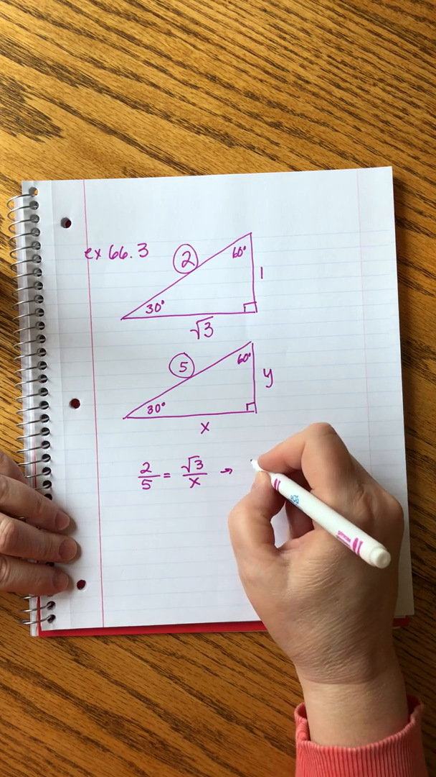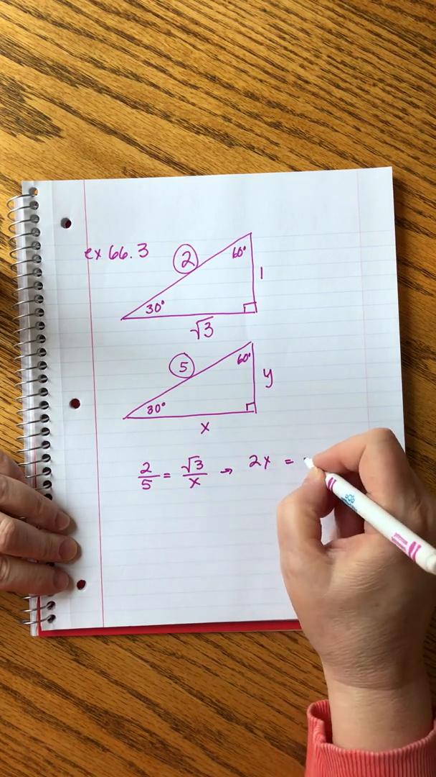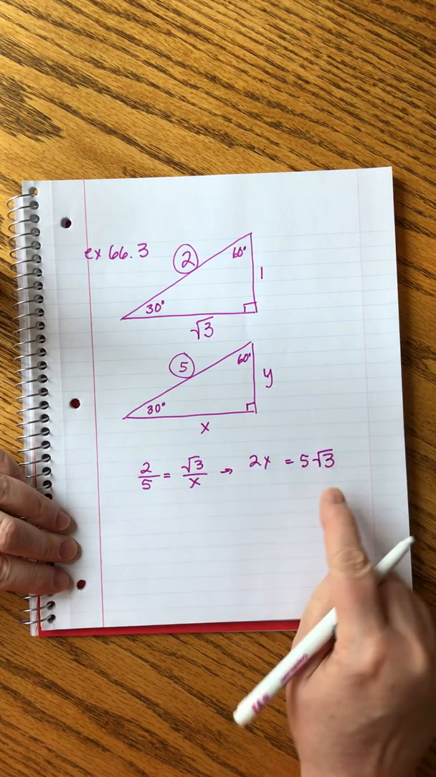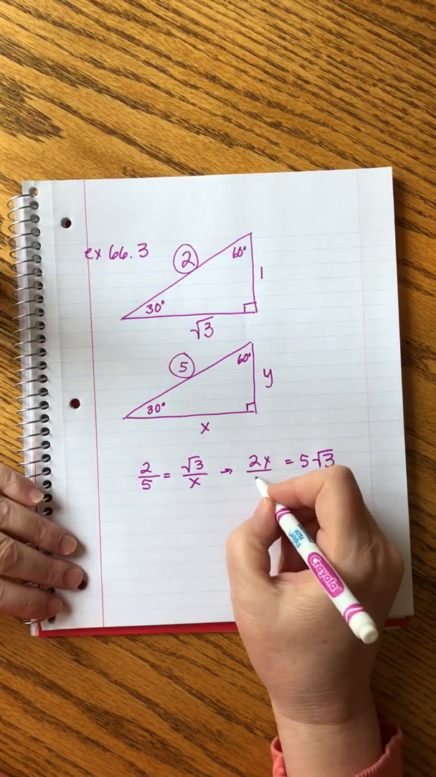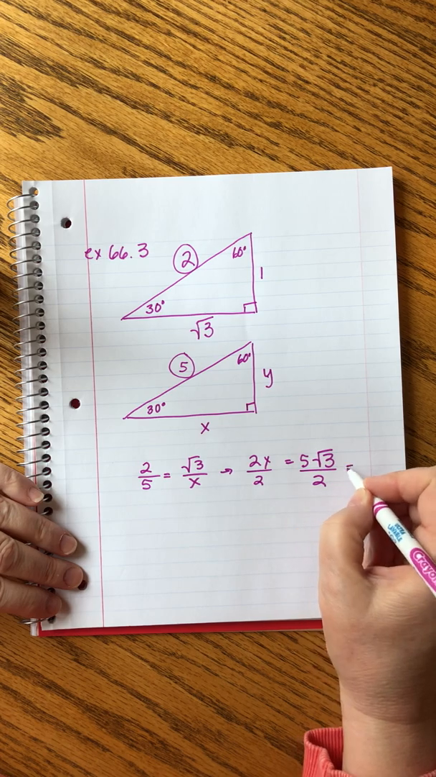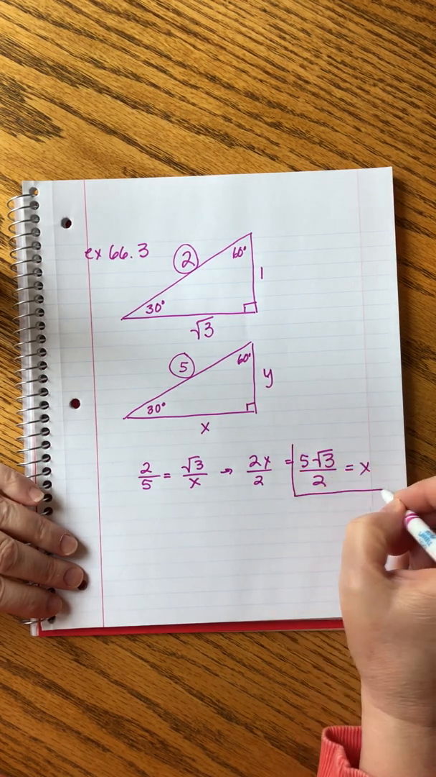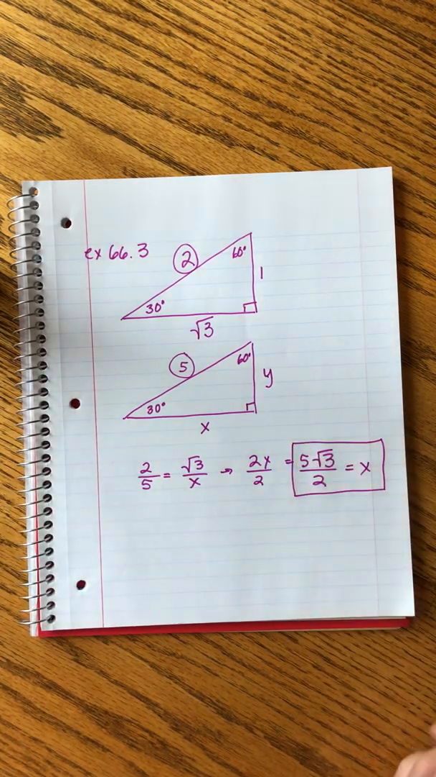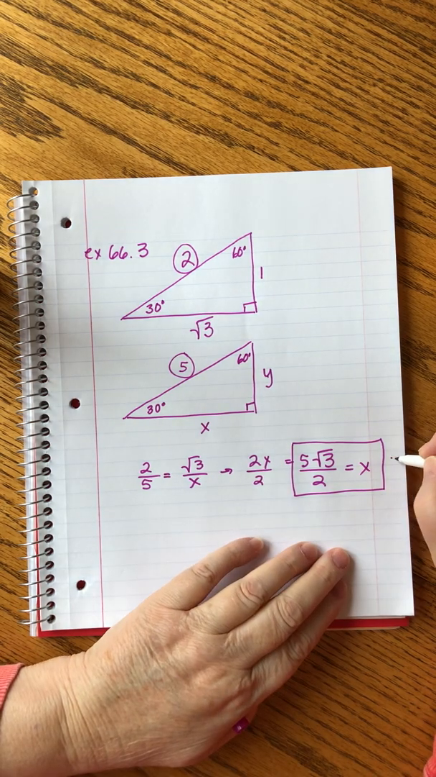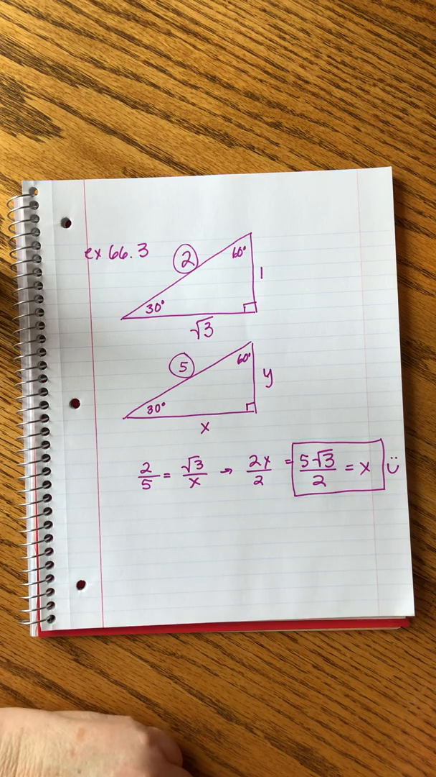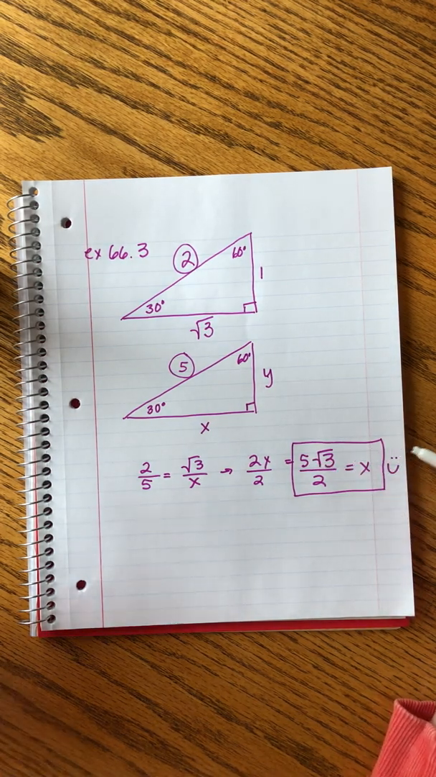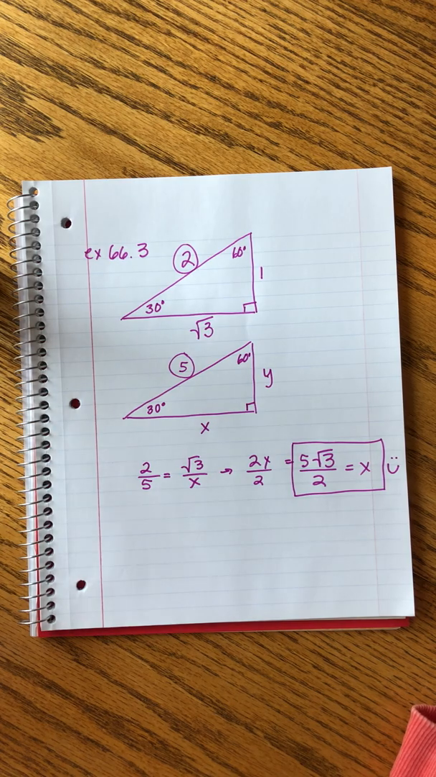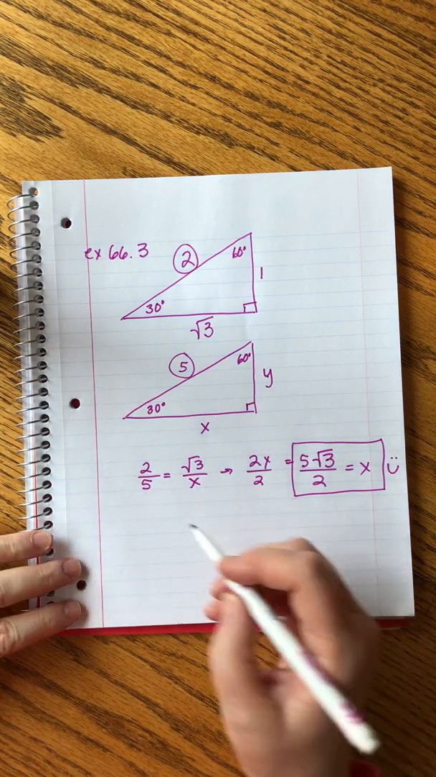So I'm going to cross multiply. 2x equals 5 times the square root of 3. We're not going to let that bother us. It's just going to stay square root of 3. And then we divide by 2. And that equals x. Now, is that a satisfying answer? You might not feel like it, but that's a perfectly fine answer. It's 5 times the square root of 3 over 2. Hard to visualize, but whatever. Okay, and then